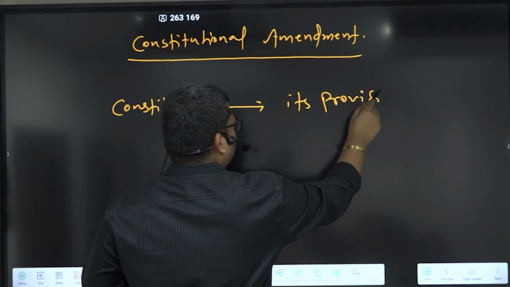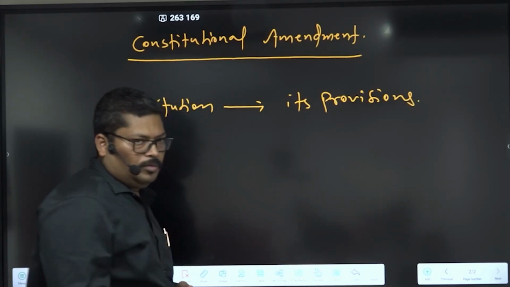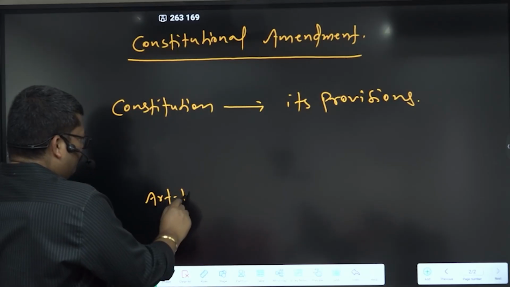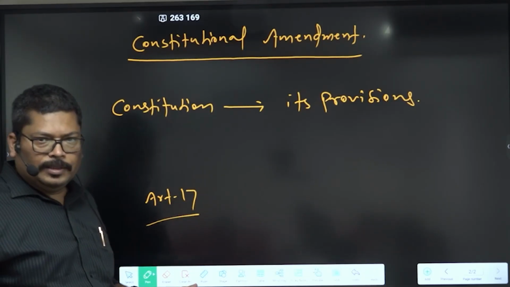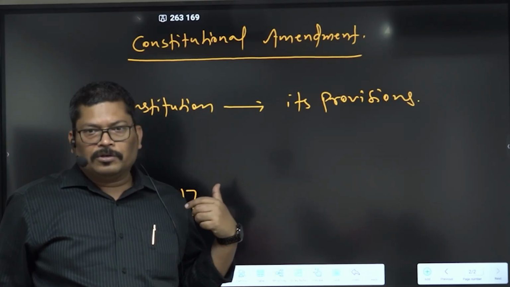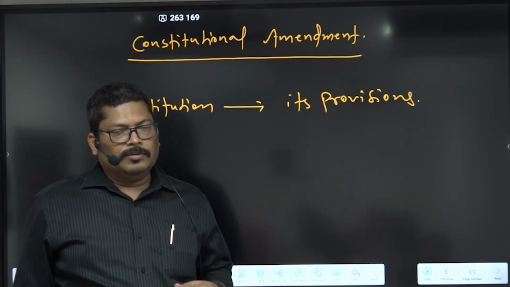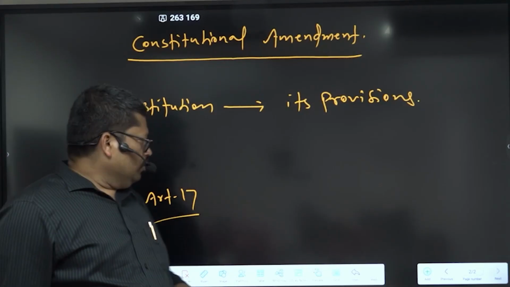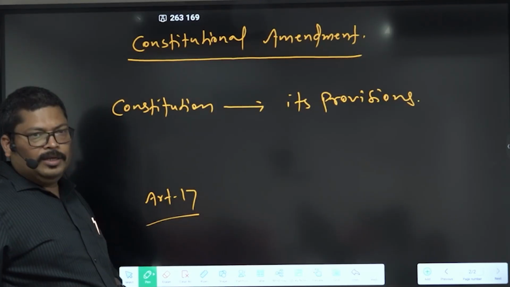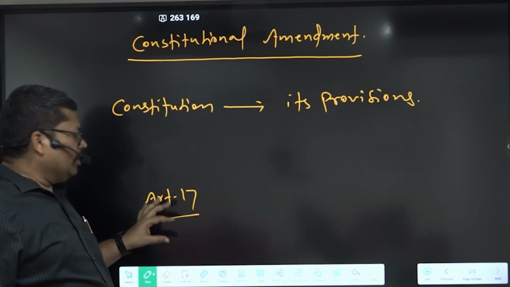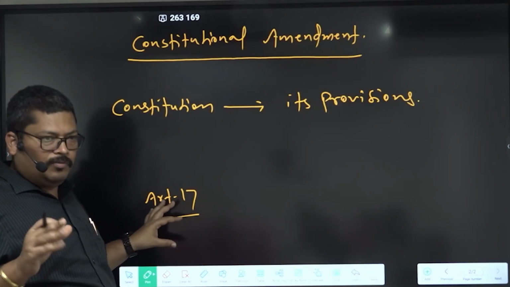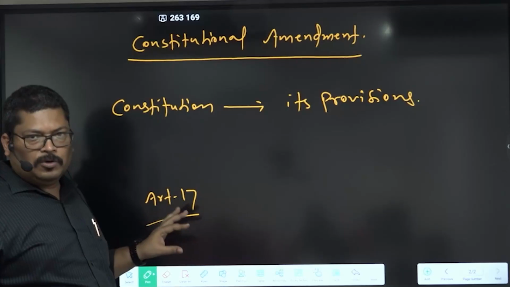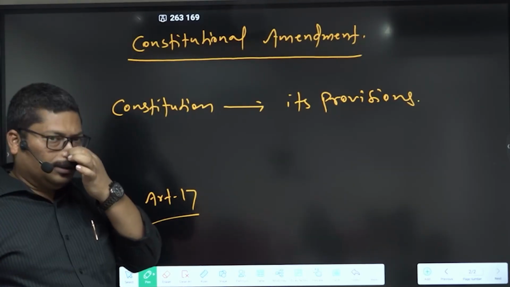For example, let's say Article 17. Article 17 is undoubtedly one of the provisions of Indian Constitution, and Article 17 tells us about abolition of untouchability. So, in one way, you can say that Article 17 makes the provision for abolition of untouchability. At the same time, on the other way, you can also call it like Indian Constitution makes the provision